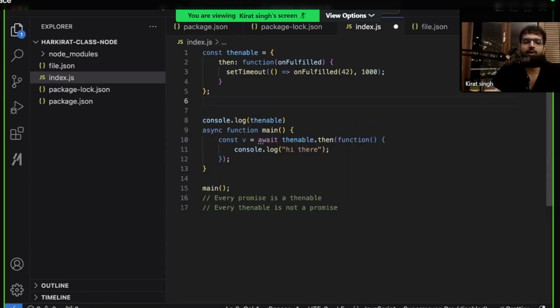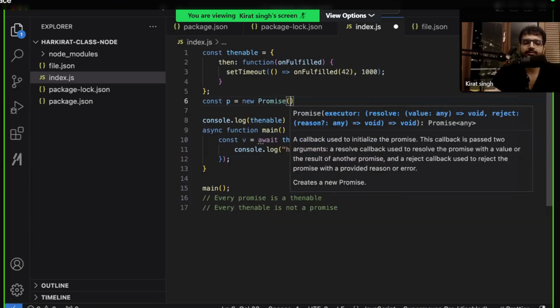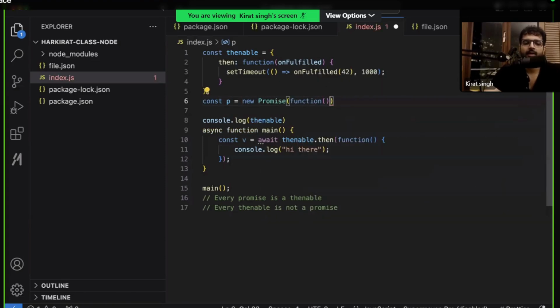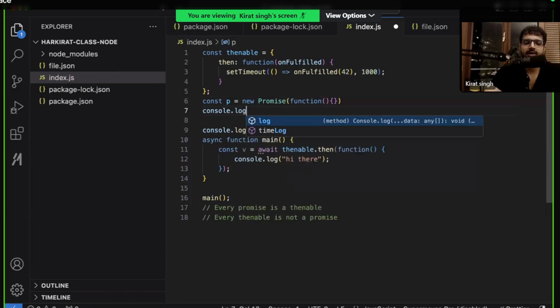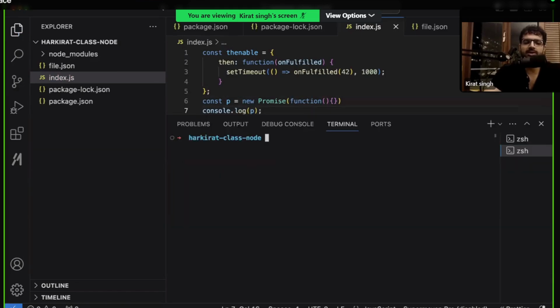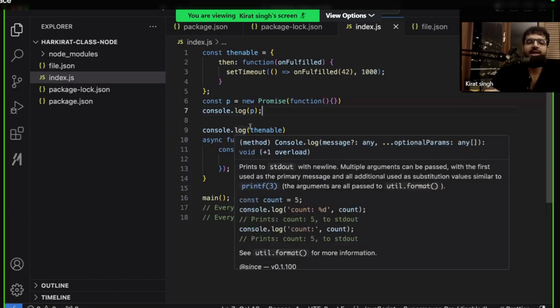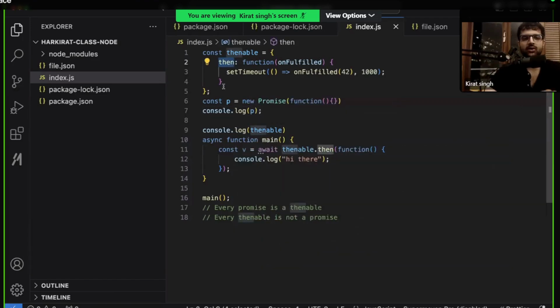If I log a promise, const promise, new promise, it logs an object of this promise class. But if you log a thenable, it's just another object that has a key called then. That is all that a thenable is.